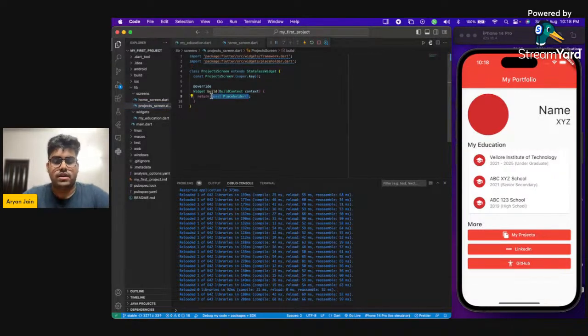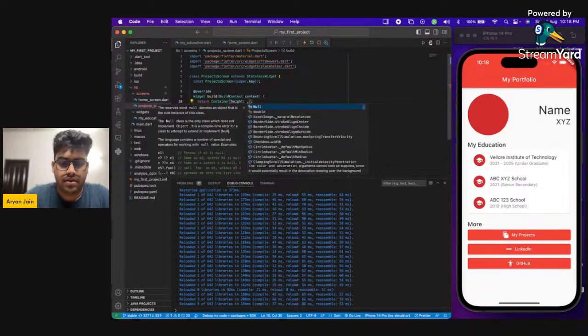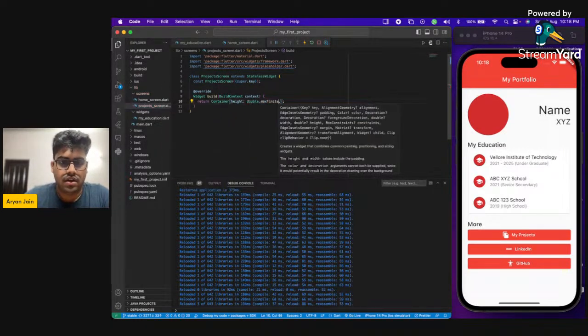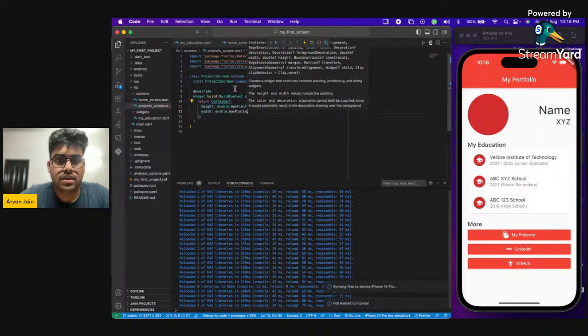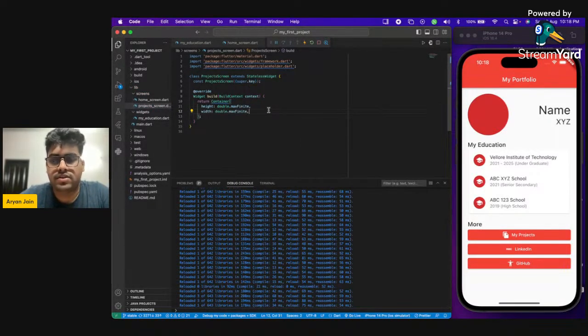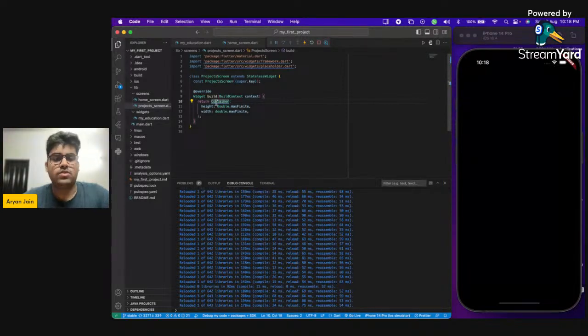Here again we will take a container, and I will give it height and width double.maxFinite. So now I have given double.maxFinite, means it will take the possible size here, and now you can see there is a black screen. Why? Because I have not given a Scaffold here. So wait, first let me give Scaffold,